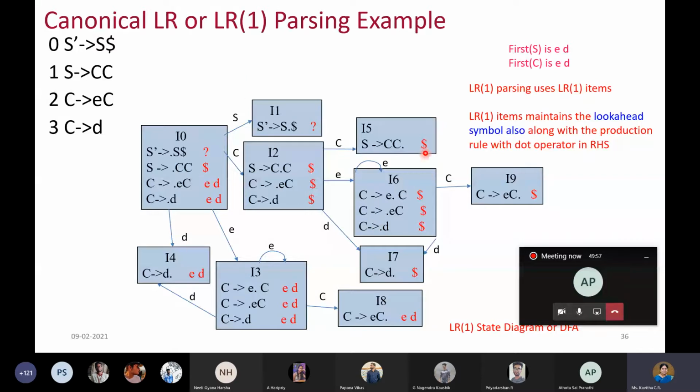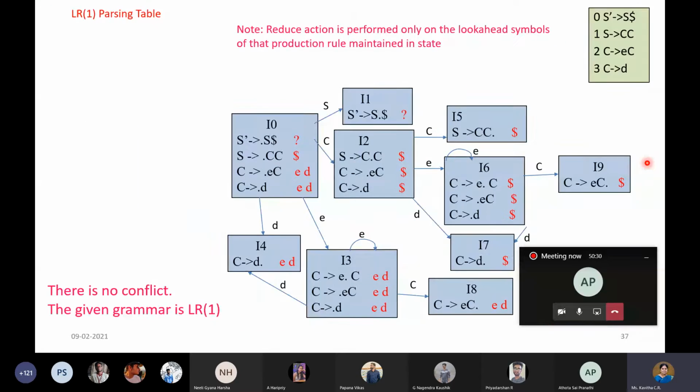So this is the final diagram of the LR(1) parsing. You can see whether all the paths are completed or not along with the look ahead symbol. This is the final DFA, and how we are finding the items I have already explained. If you have any doubts in this, you can ask. Any doubts in this slide? I know you people are very tired, I think. So I will not answer today, isn't it? Okay, we will proceed with the next slide.